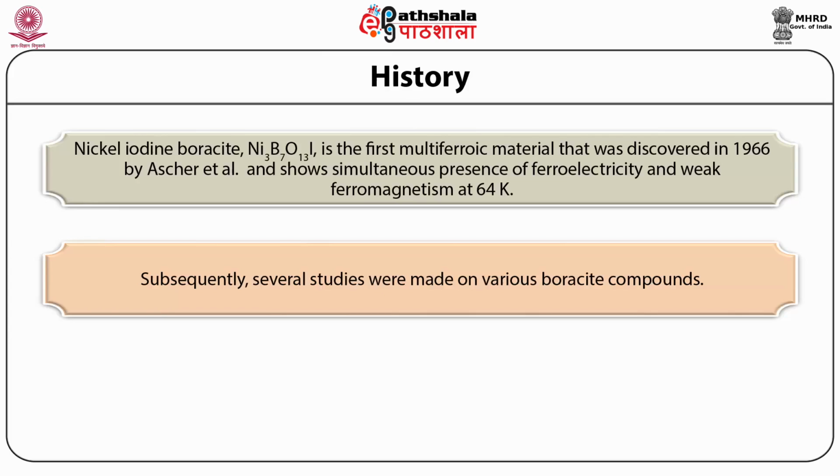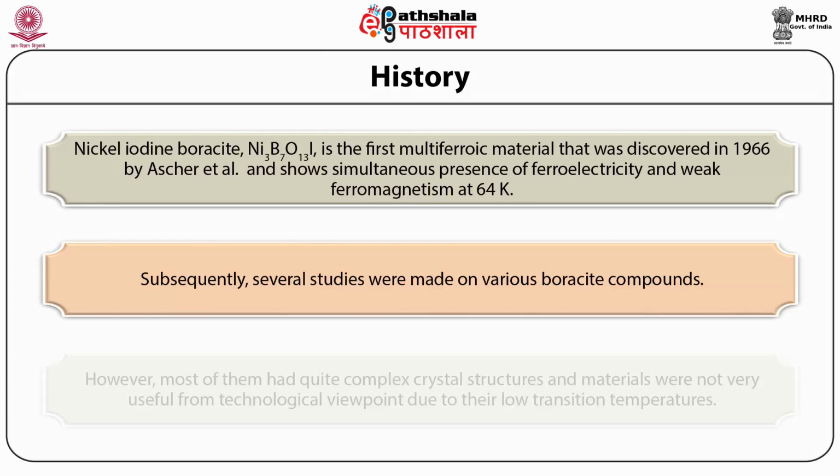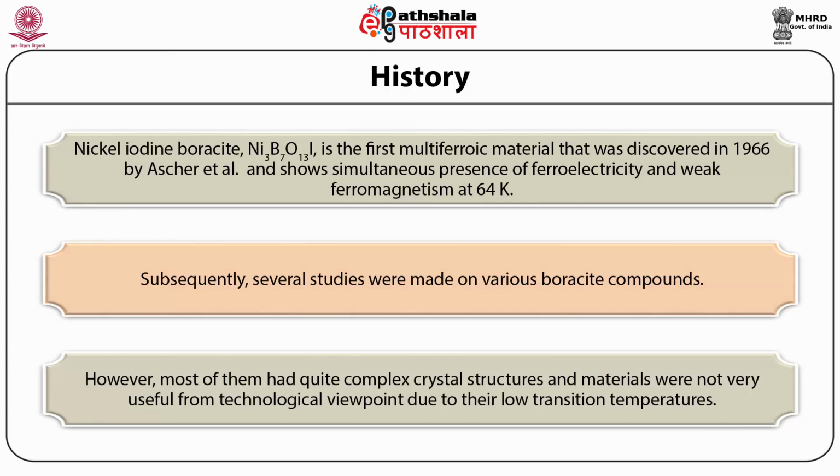Subsequently, several studies were made on various boroside compounds. However, most of them had quite complex crystal structures, and the materials were not very useful from a technological viewpoint due to